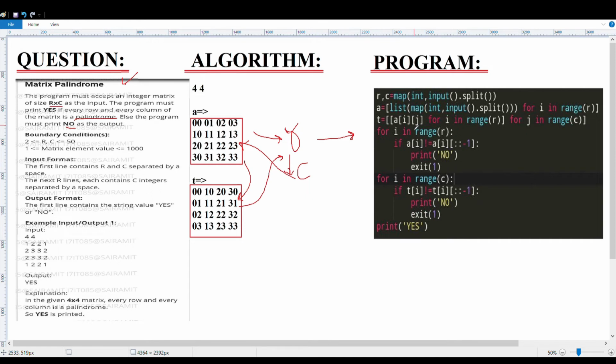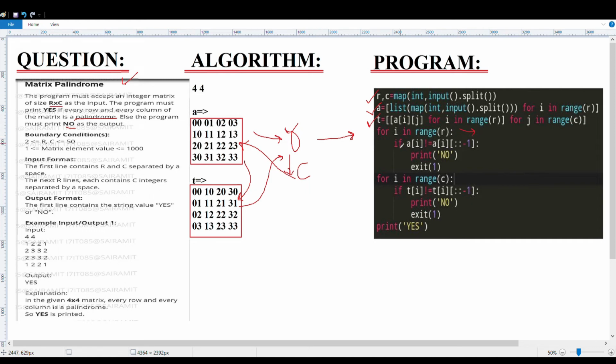Now moving on to the main program, we have coded it in Python to be simple and precise. R and C are the input you are getting, A is the input matrix, and T is the transpose of the input matrix. Here we are accessing the rows.